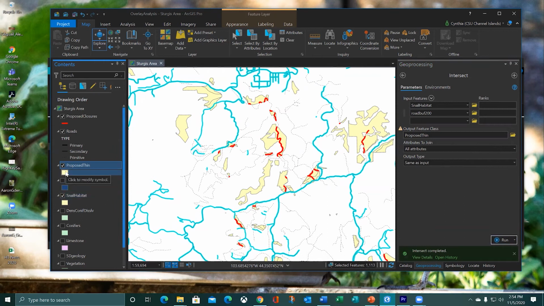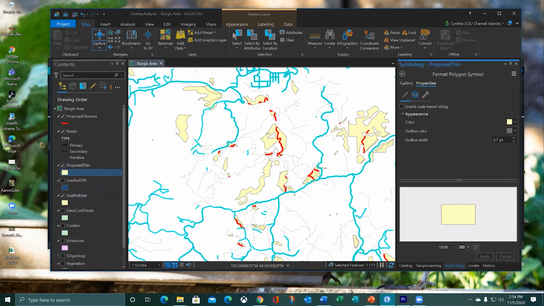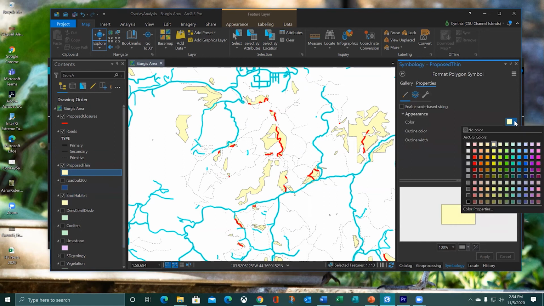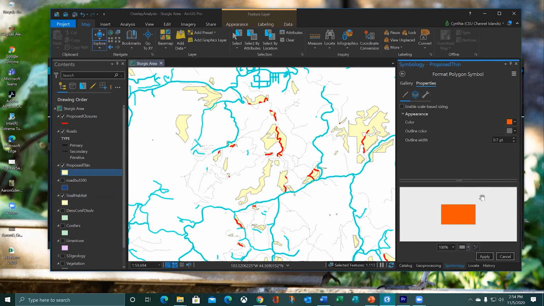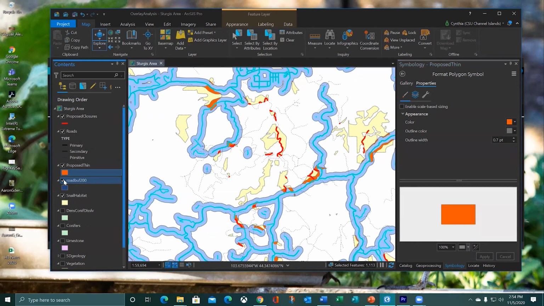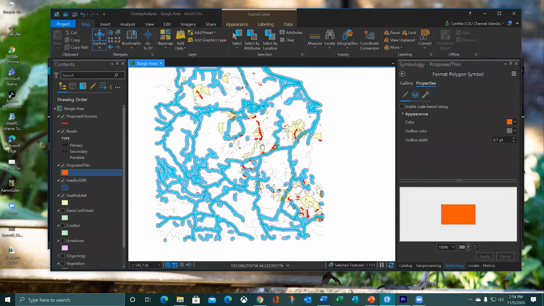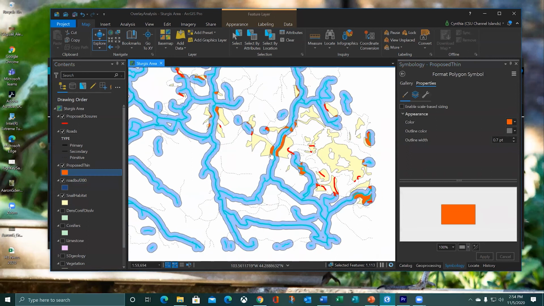Unfortunately, proposed thing came out the same color as my snail habitat, so let's change that. I'm just going to make it something that pops out at me. This is not what I put in the final map. Yeah, there we go. It looks pretty good to me. So these are all the areas that would potentially,